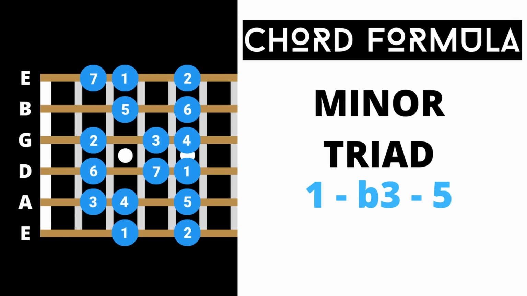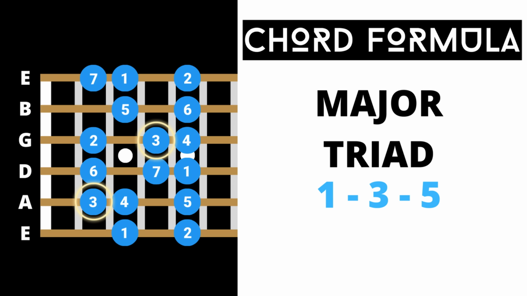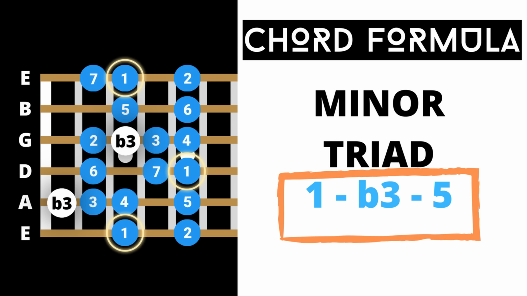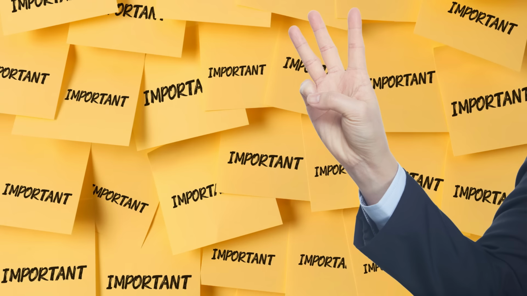Moving on to our minor triad, we can see that only 1 note has changed, this being the 3rd. Whereas in a major triad, we used a major 3rd, exactly as it falls in the major scale, in the minor triad, the 3rd has been flattened to form a minor 3rd, or 1, flat 3, and 5. Understanding that the 3rd is what decides whether a chord is major or minor is very important, so take note